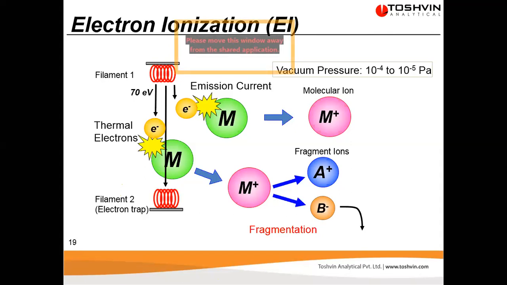The reason is we have a library in this, that is the NIST library. It is a worldwide library, NIST, which has around 3 lakh GCMS mass spectra. They have prepared that library at 70 electron volts. So just to match the mass pattern with them, we are also working at 70 electron volts. So that is electron ionization.